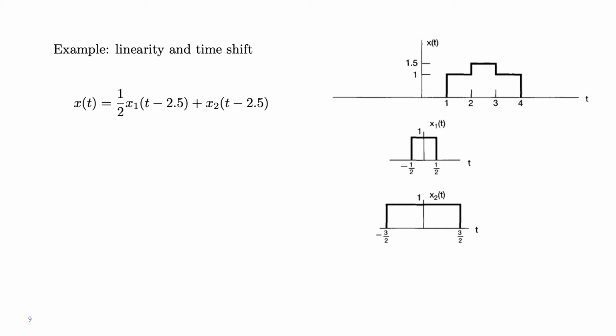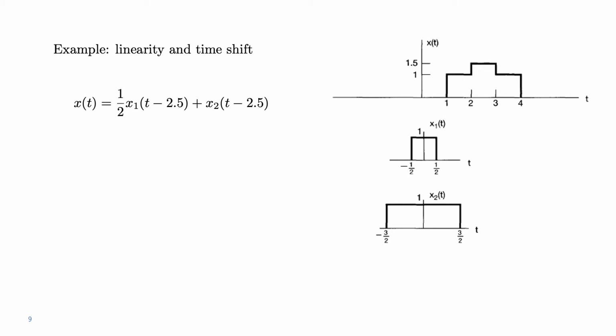So we notice that the signal x of t can be constructed by using the two signals x1 of t and x2 of t depicted just below, right? In particular, how to do that, we will need to shift these two signals, x1 and x2, to the position 2.5 in time, right? So shift them to the right, basically delay them, and then we sum them up, but we need to reduce the value of the signal x1 of t by half, right? If we do that, we get exactly the same shape as x of t.